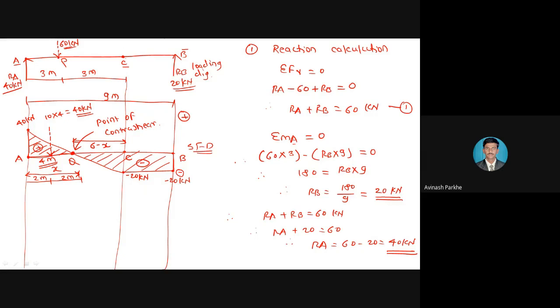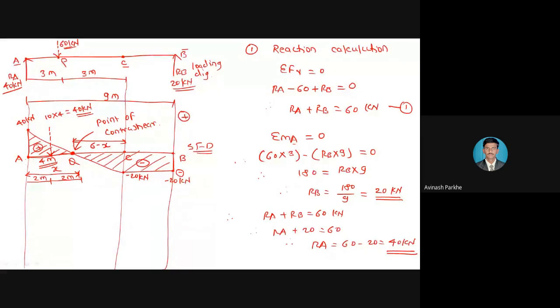जसं point C ला काढताना 10 into 6, we have taken 60 kilonewton, and it is applied at the center, means 3 meter distance from point A, 3 meter distance from the point C. Similarly, while calculating the bending moment at point Q, the 4 meter UDL is also present to the left side of the point Q. जसं point C ला bending moment काढताना आपण 6 मीटरचा UDL कन्सिडर केला, म्हणजे 10 into 6, 60 kilonewton. तसंच ह्या पॉइंट Q ला बेंडिंग मोमेंट काढताना ह्या पॉइंट Q च्या लेफ्ट साइडला किती मीटरचा UDL आहे, तर 4 मीटर. म्हणजे आपण जे काही एक्स डिस्टन्स काढलेला आहे ते म्हणजे तुमचं 4 मीटर आहे.